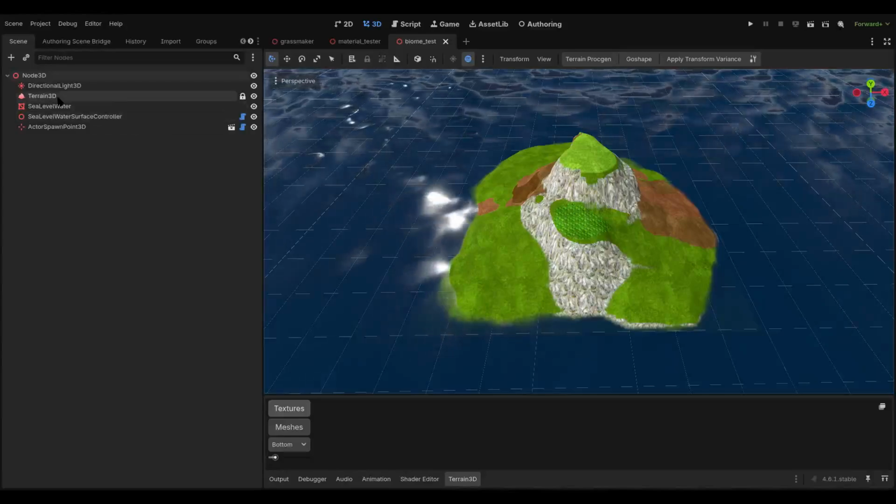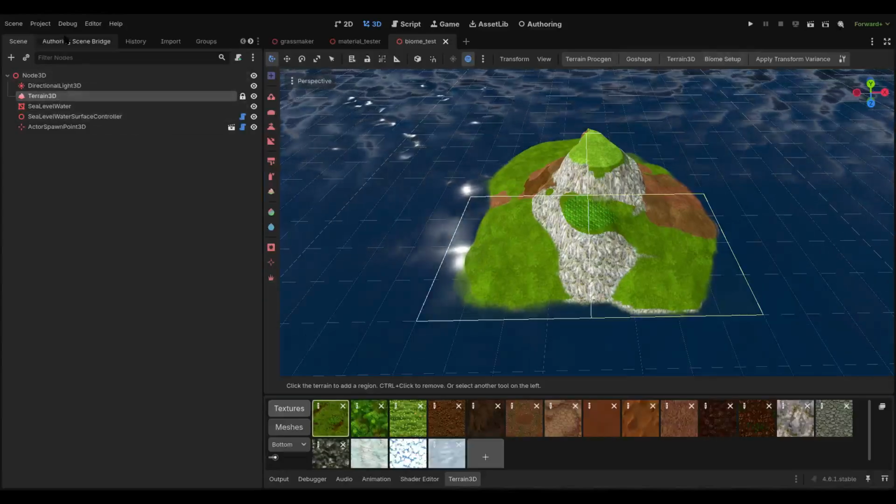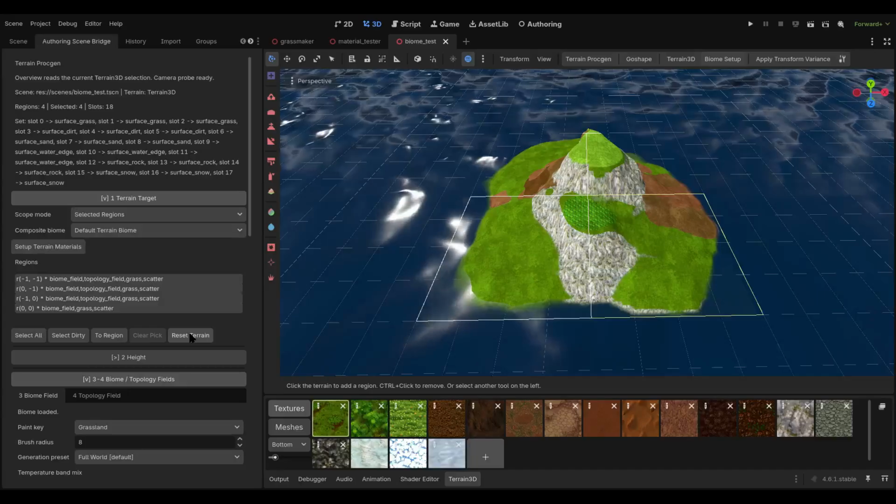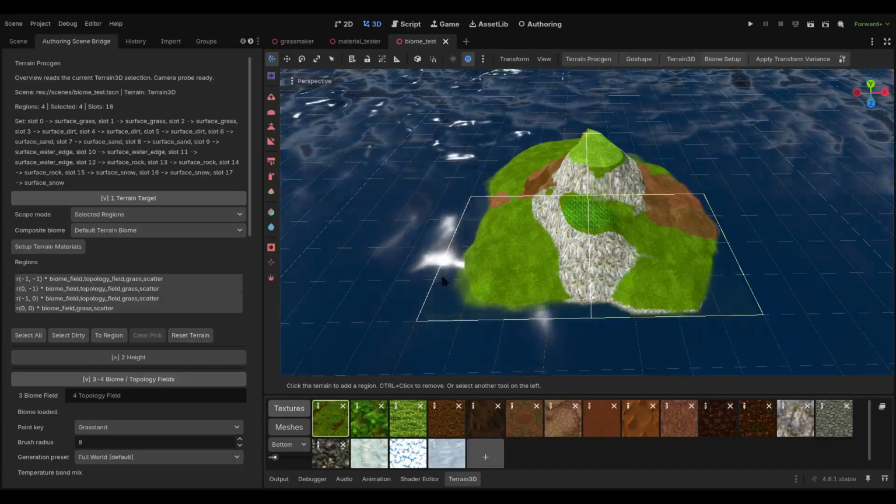I'm going to be demonstrating terrain generation really quick. So I selected the Terrain 3D node and then I open my terrain generation doc. I'm going to reset the terrain